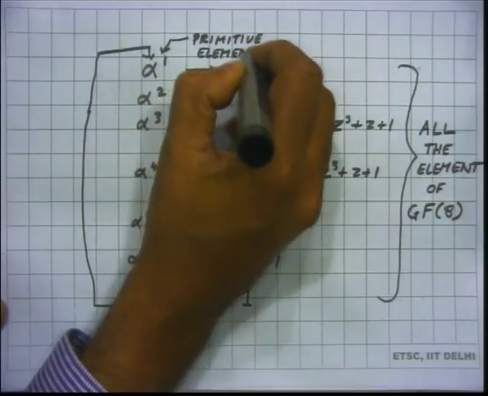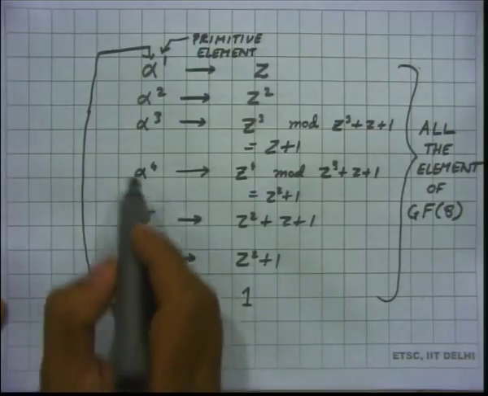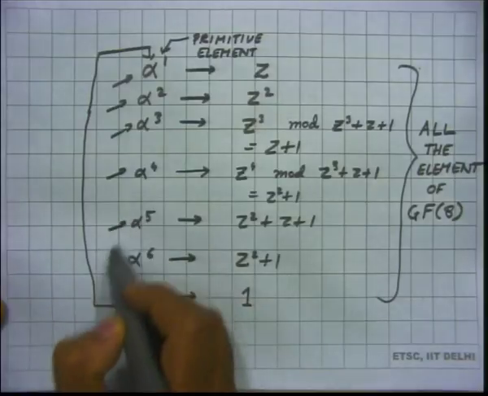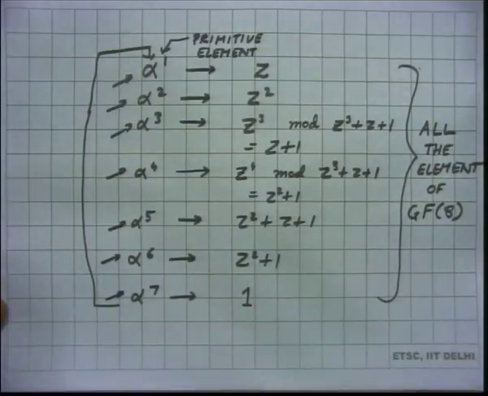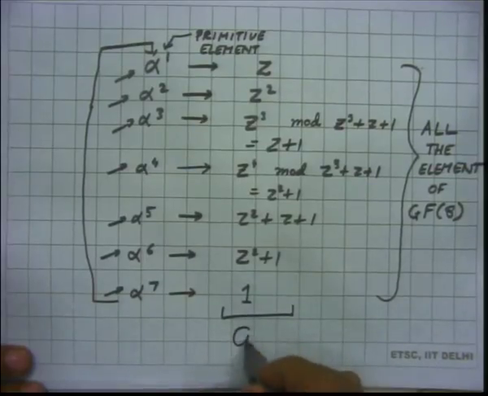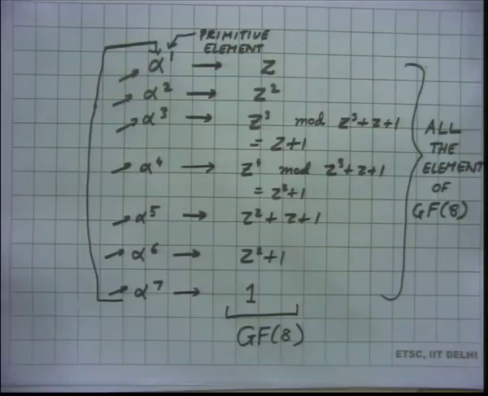Why? Because right in front of our eyes we have generated, using all the powers of alpha, all the elements of GF8. So, we have actually constructed GF8. After all, what is a field? A field is a collection of elements with the associated addition table and multiplication table. So, we come back to our slide